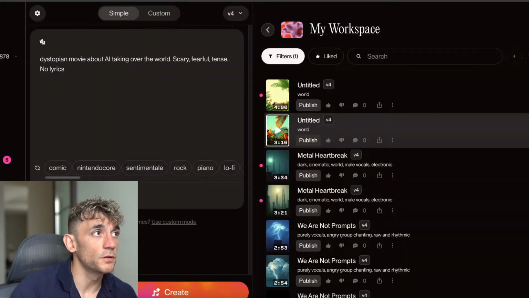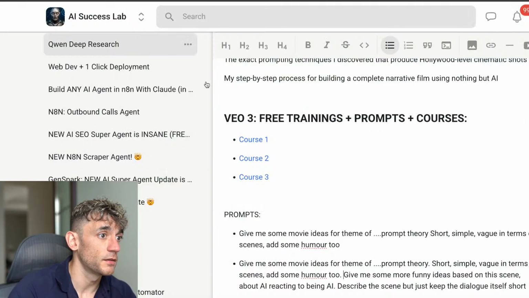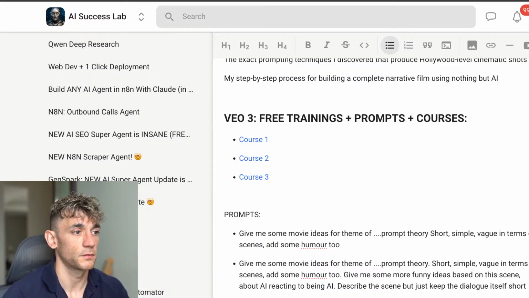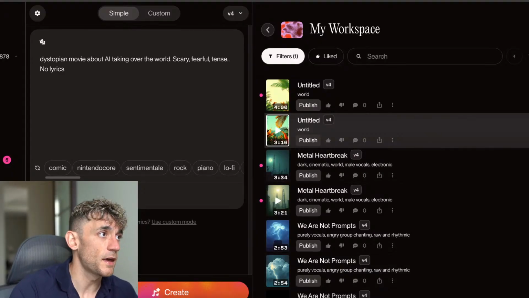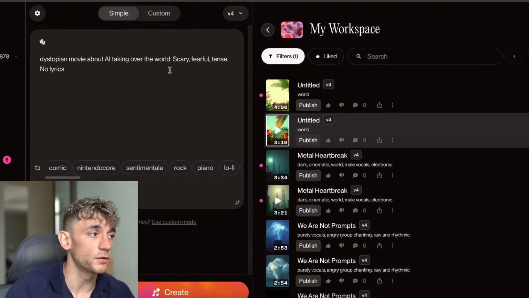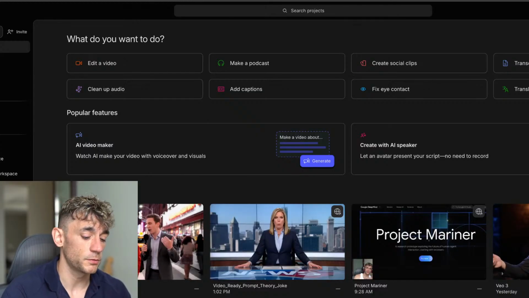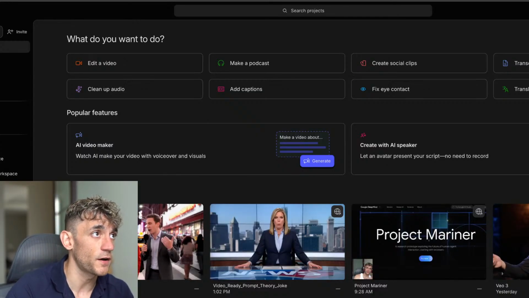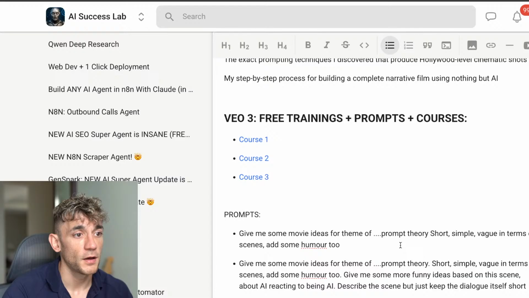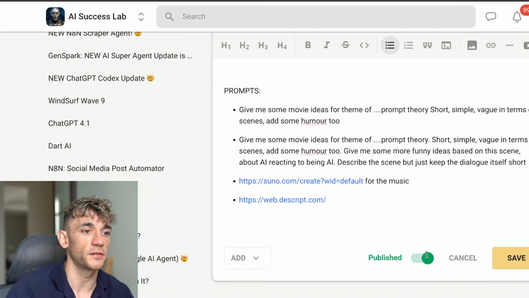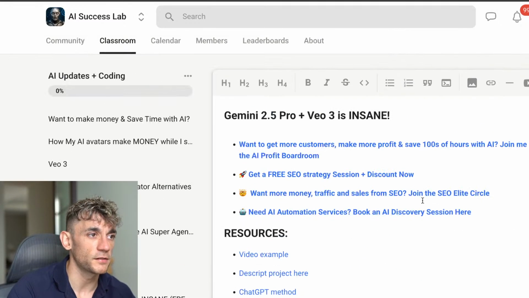And then you can use Suno to generate the music as well. Just be careful with commercial licenses, right? Like if you use this to monetize, then you need to get the pro plan. And then from here, you can import into Descript. Descript is really good for just organizing all the files, cutting the scenes up. I like to chop some of the scenes up and then get rid of any silences, right?